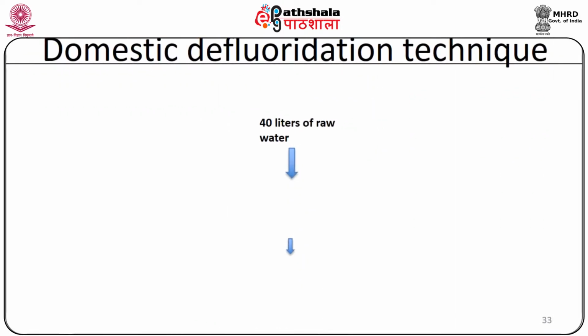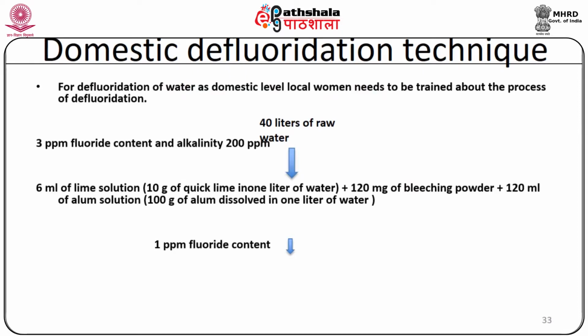Domestic defluoridation technique is also there. Say for example, if you want to purify 40 liters of raw water for defluoridation of water at domestic level, first of all the local women need to be trained about the process of defluoridation. And suppose 40 liters of raw water containing 3 ppm (parts per million) fluoride content and alkalinity of